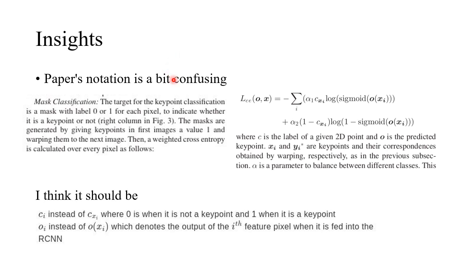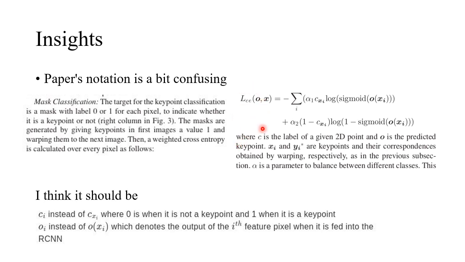So for the insights, one of the things that we got is that the paper's notation is a bit confusing. On the proposed method part, which is on the recurrent network, it is said in the paper that the ground truth is a mask of 0 and 1, where 0 means it is not a key point and 1 means it is a key point. And then a weighted cross entropy, which is this formula, is calculated over every pixel. However,